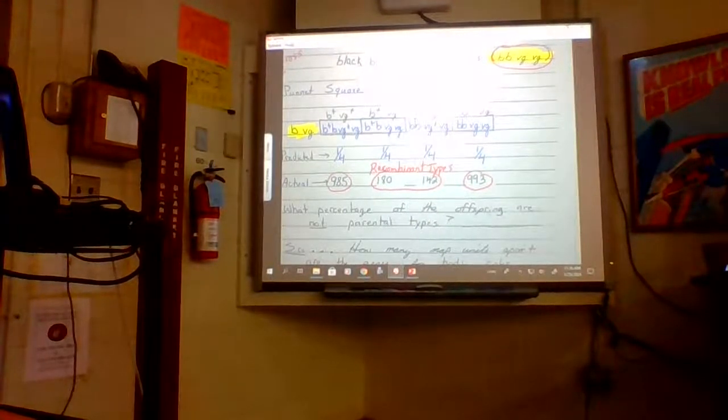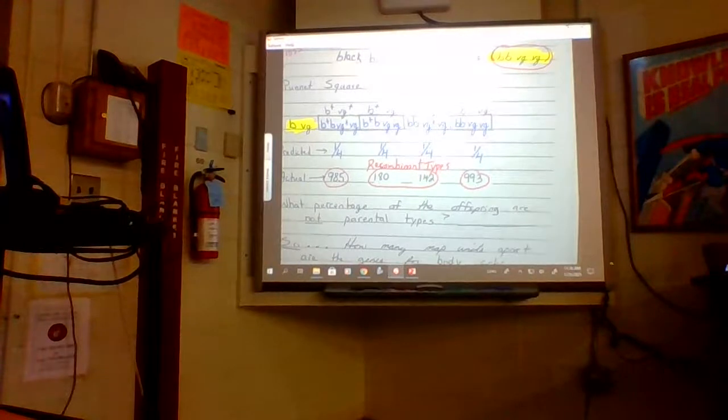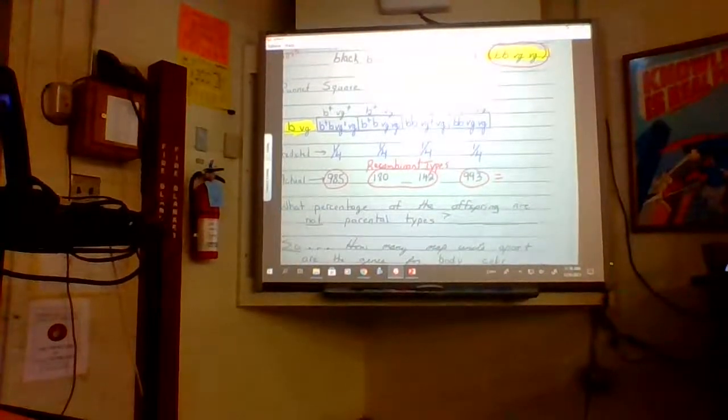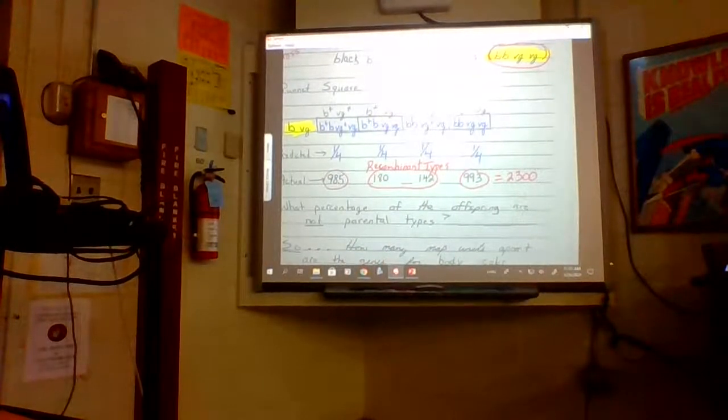So if we can calculate what percentage of the offspring are like this, that'll tell us how frequently a crossover event occurs in between the two genes. Okay. Now, calculating that is super easy. The first thing I need to know is the total number of fly babies. So add those up straight across, and check me on this. I got 2,300. Okay, so there were 2,300 baby flies, of which